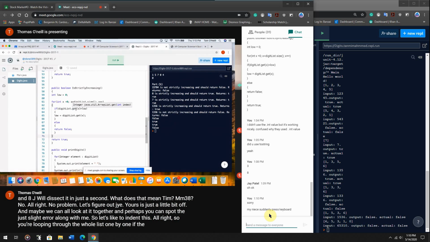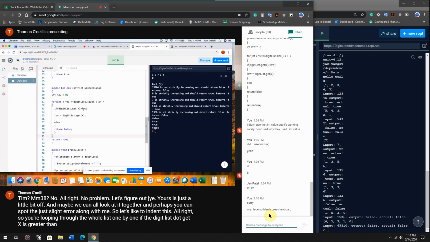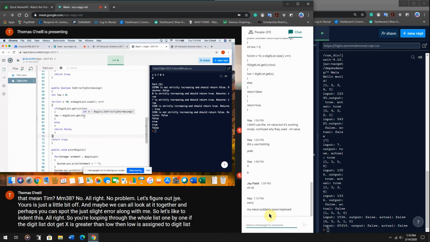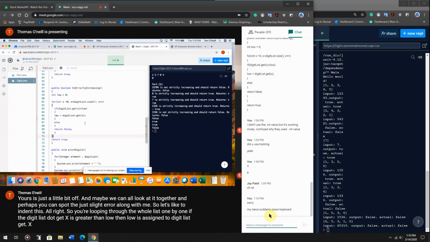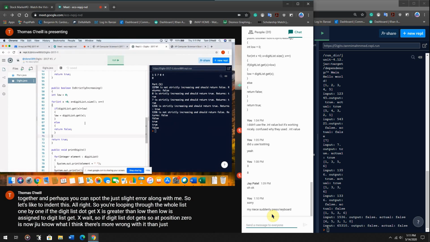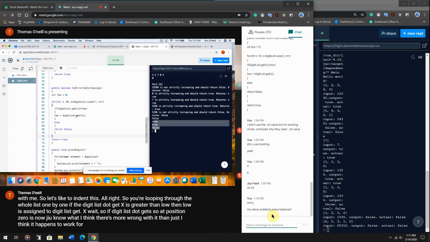If the digit list.getX is greater than low, then low is assigned to digit list.getX. Wait, so if digit list.get, so at position 0 is, no, Jay, you know what? I think it happens to work for these other examples, but